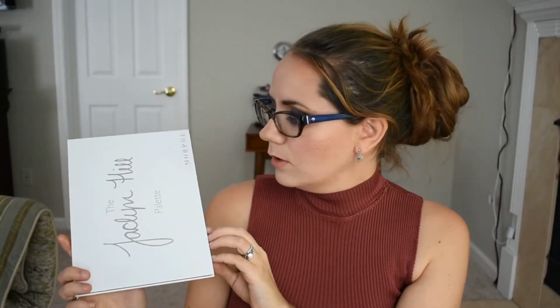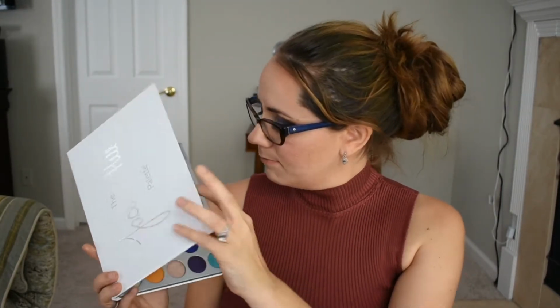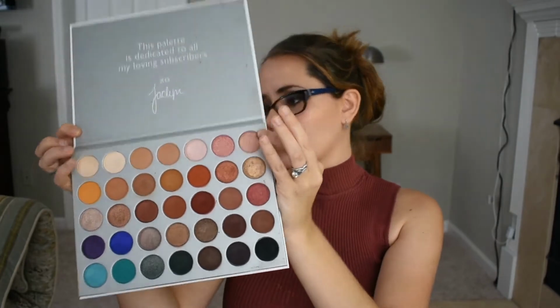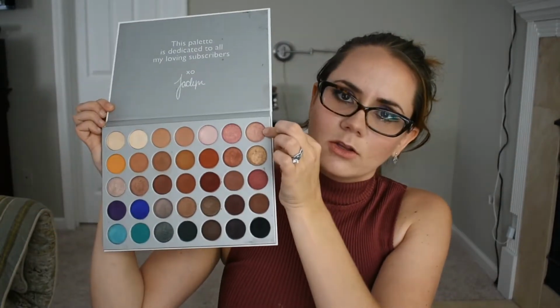And then finally, in the Jaclyn Hill Morphe palette, my favorite shade, I think, is Little Lady, which is this one up in the corner. I don't know. Creamsicle is also really nice. Which one do I like more? Okay, I think I'm going to go with Creamsicle just because I know this is a shade I will and